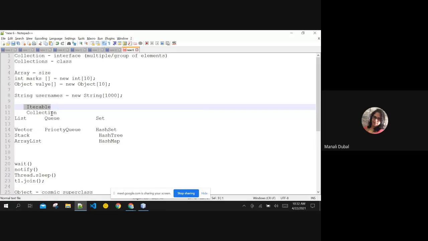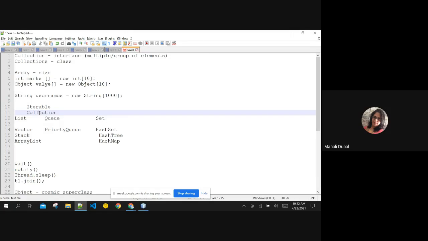Interface iterable, interface collection, interface list, queue, stack, and these are all the classes. Keep the classification clear in your mind. These are classes, these all are interfaces. When I am saying that your iterable interface is extended in collection interface, I can make this collection iterate by